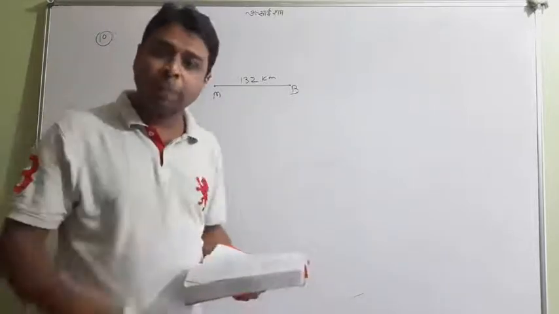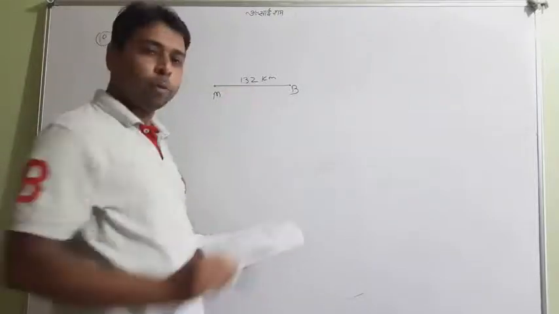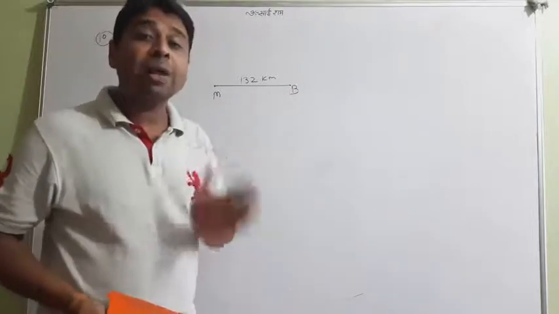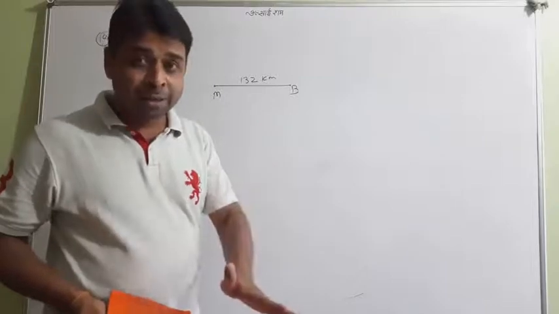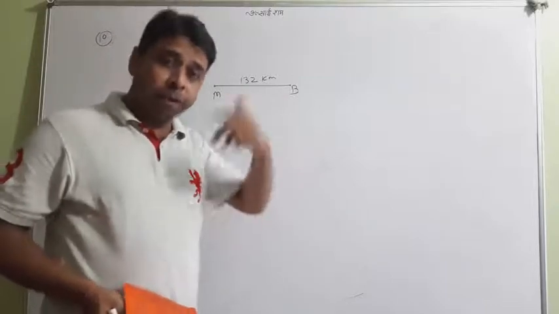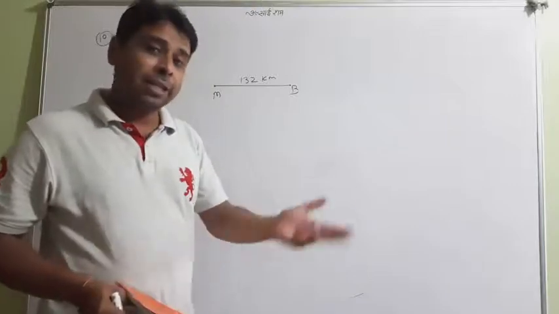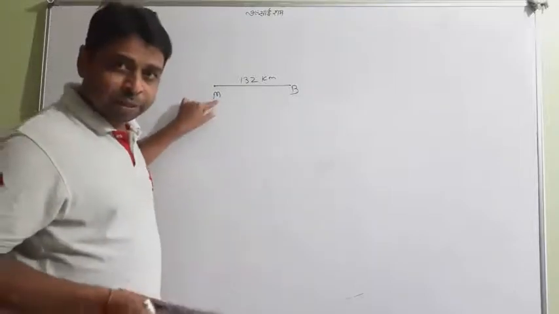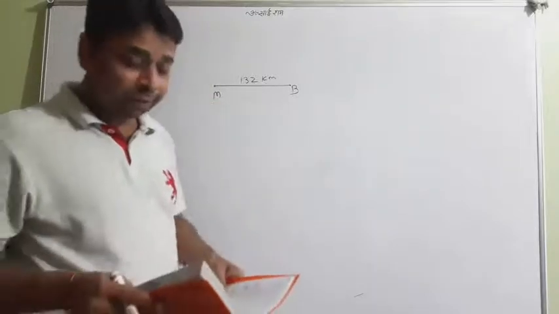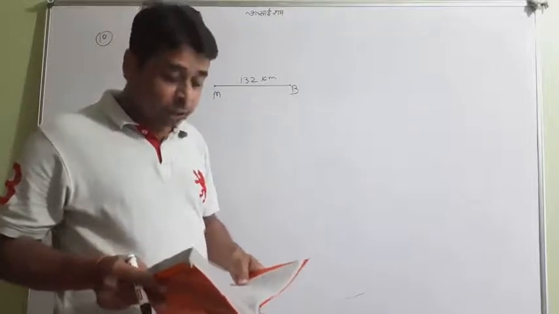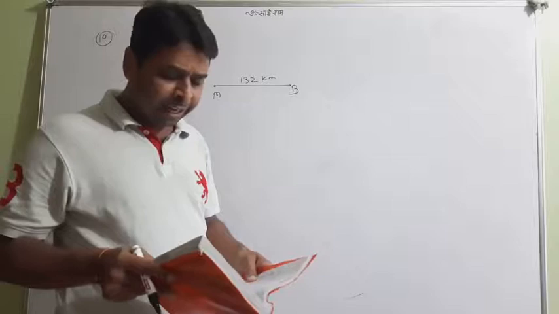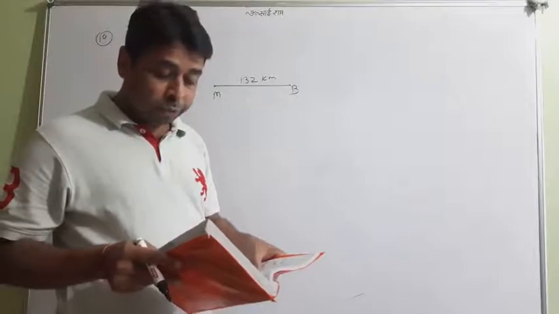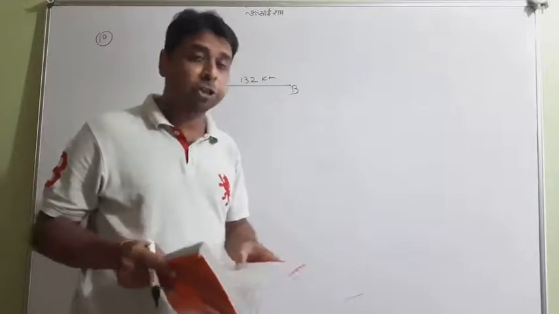Okay, I'll find their respective timings. The 132 km distance between Mysore and Bangalore is given. So I will find the respective timing of the passenger train as well as the express train, and then, as usual, the difference is 1 hour. Okay, what about their speeds? The speeds of the express train and passenger train are given in words. The first sentence, not reading it again. In the third line, the average speed of the express train is 11 km more than the passenger train.